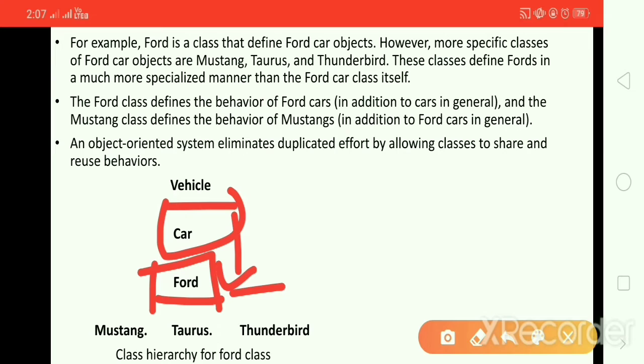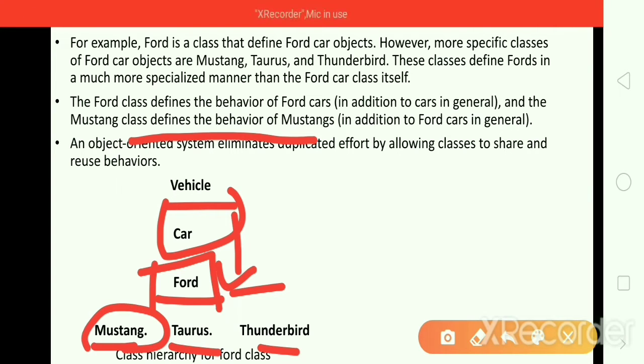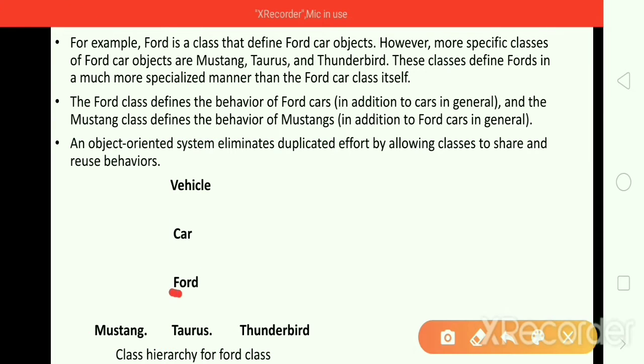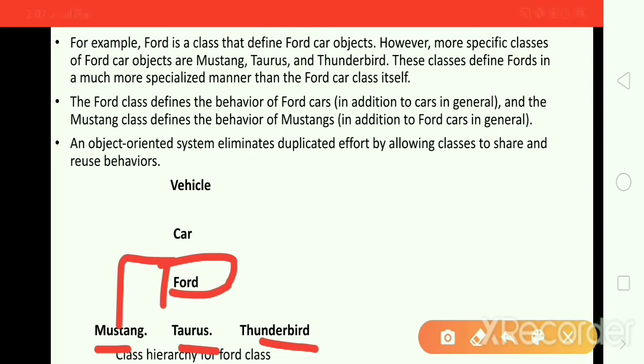And then the Mustang class defines the behavior of Mustang. These cars can define the behavior of their own, but in addition to Ford cars in general. It means in addition to Ford cars in general, in the sense these can have the features of Ford. Simultaneously, they can have their added, extra features.